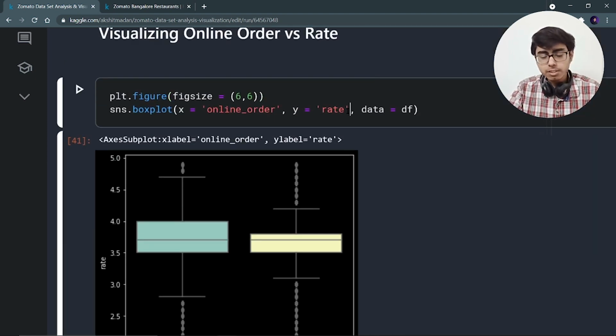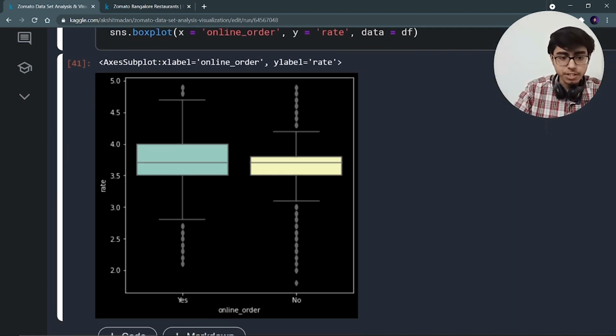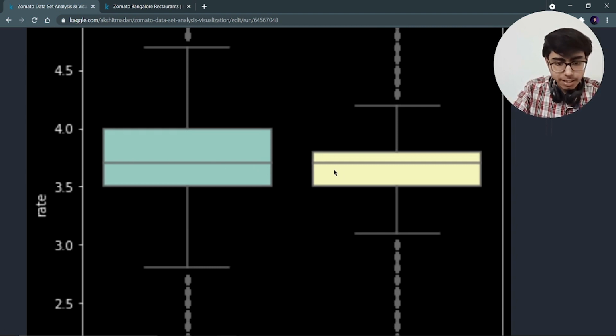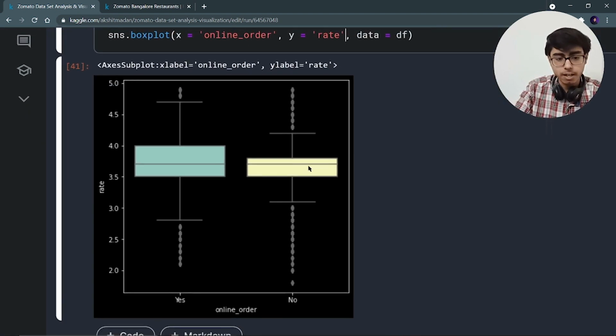Now what is this rate? This is not a price, right? This is not the price of a plate of food. It is a rate, like voting, where people have given feedback, right? At a rate of 5, 1 2 3 4 5, that is this rate. It is not a price, if you were having some doubt. I can see that the restaurants having the online order facility, their maximum rating is around 4.8, right? But the restaurants not having this online order facility, their maximum rating has gone only till 4.2 or 4.3. And this middle line is the average rating, which is around the same only. That's why we can't compare it, but in their maximum rating, there is a difference. Perfect.